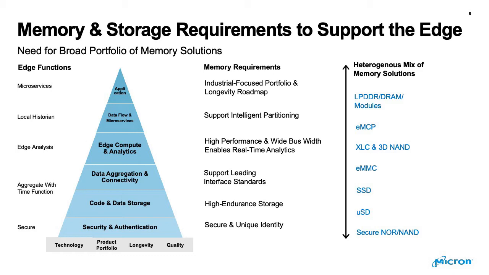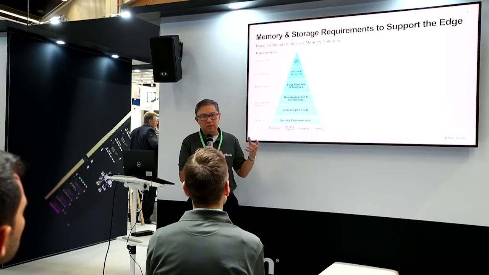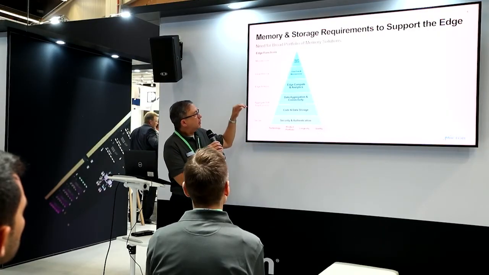When I talk about time function, it means that if you're just taking sensors of people walking by, it's not really time sensitive. But if you're trying to get the machine throughput or figure out the predictive maintenance of a machine, you're going to have to get data with time function. And so that's very critical as well.